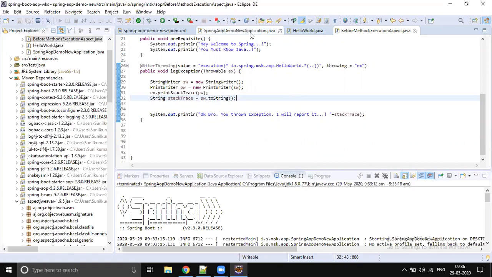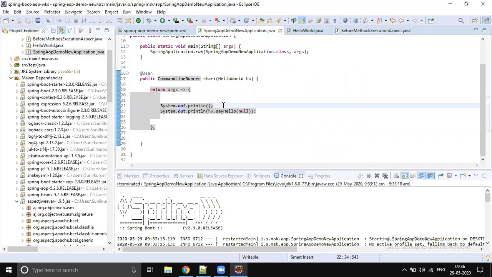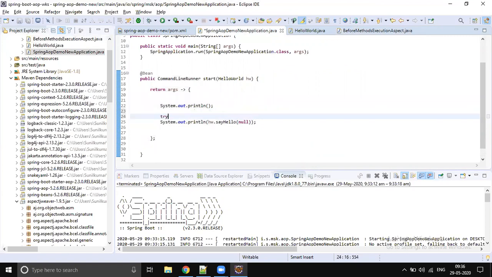So when there is an exception, let's wrap with try-catch and print only a simple message, because the actual stack trace we are going to get from our aspect. So you're going to get the exception, and here I don't print the complete stack trace.